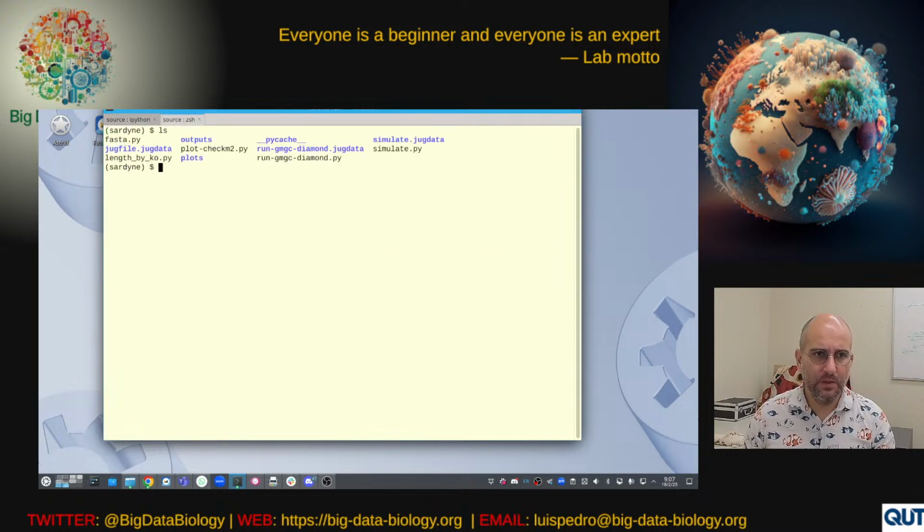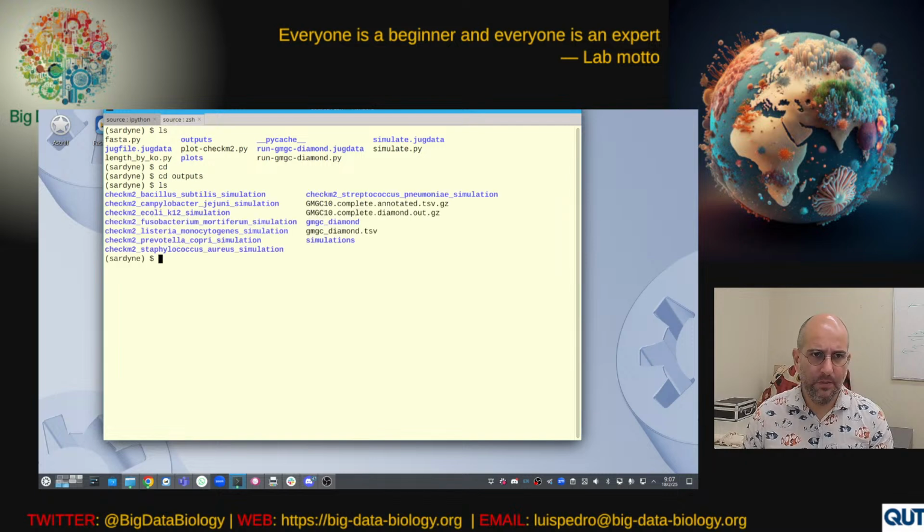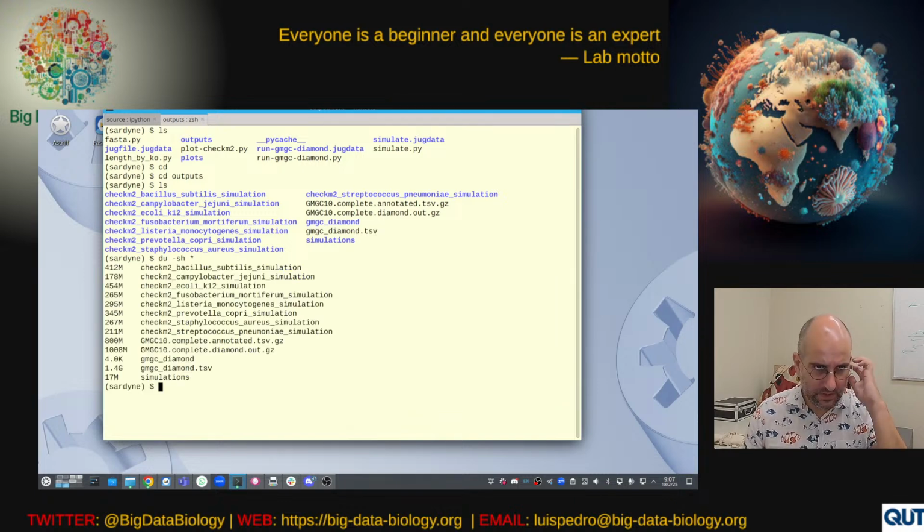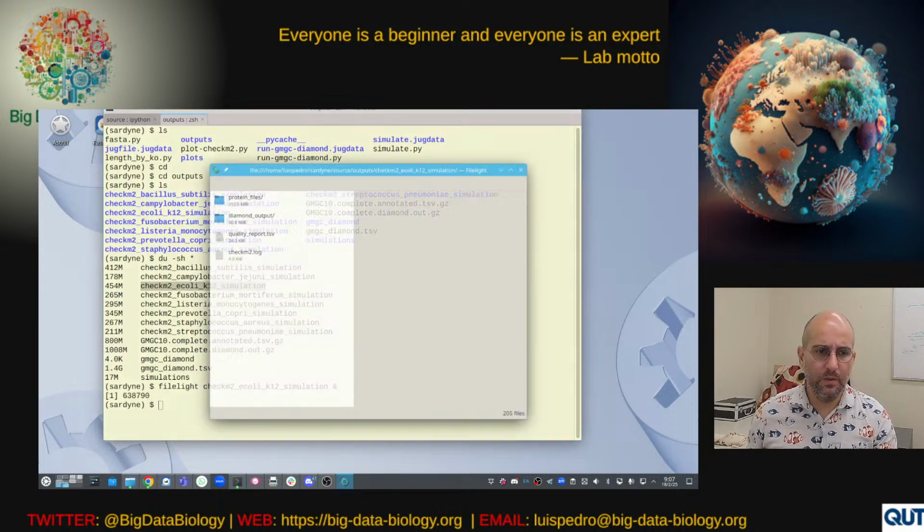And while that's running, I also want to look a little bit at this. The problem with this is that it is not going to scale. So for E. coli, this is a bit too much, and also the